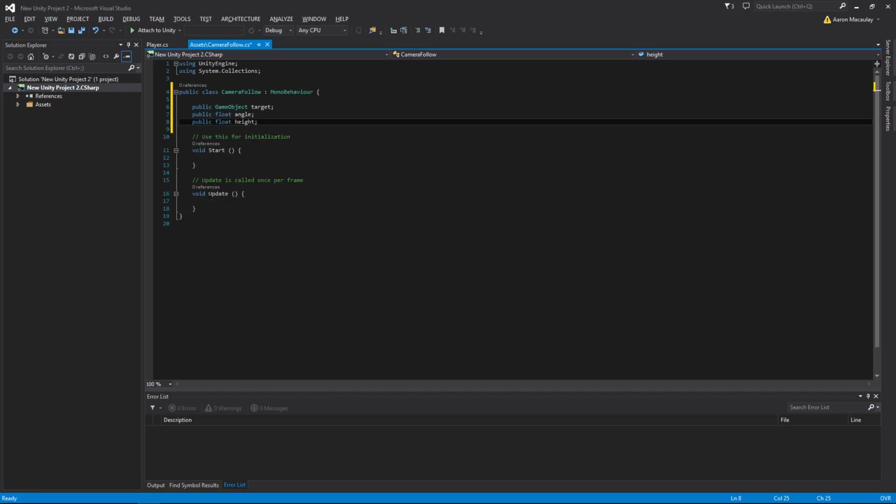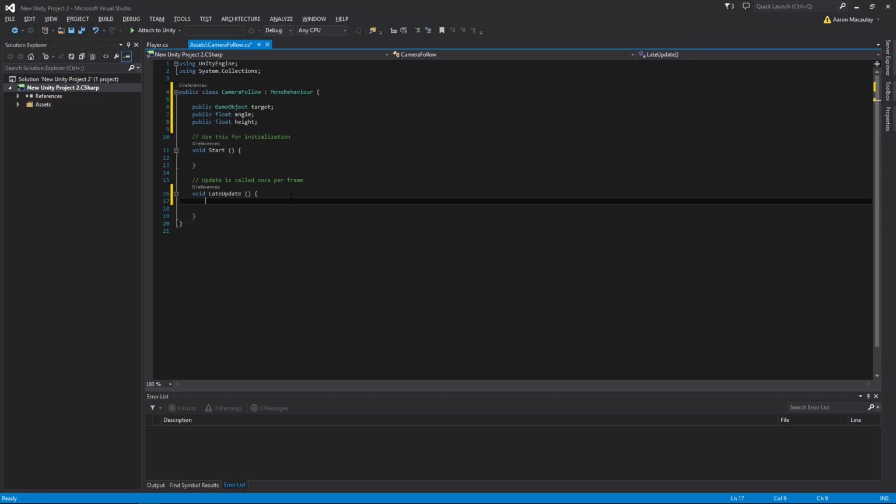So now, instead of calling it Update, we're going to call it LateUpdate. The reason for that is, when dealing with the camera, anything to do with the camera, you always want to have it in the LateUpdate, because in the Update function, the player's position is changed, and the LateUpdate will be called after the Update, so the camera already gets the player's position from there. It's in the Unity manual as well. They advise you to always use LateUpdate. So now in the LateUpdate,